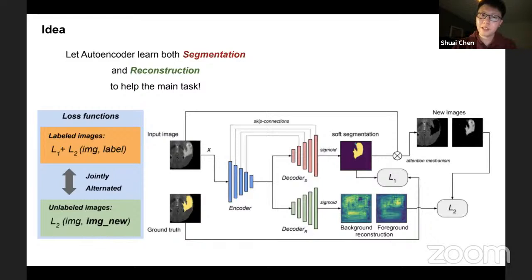So the general idea here is I want to use the autoencoder to solve a new task that combines the main task and also the auxiliary task. For example, if you are doing detection here, you can also try to combine the detection and the reconstruction in the autoencoder rather than just doing reconstruction. So it's quite general, and we apply this in segmentation here, but it can also be generalized to other problems. Got it. Okay, thanks.